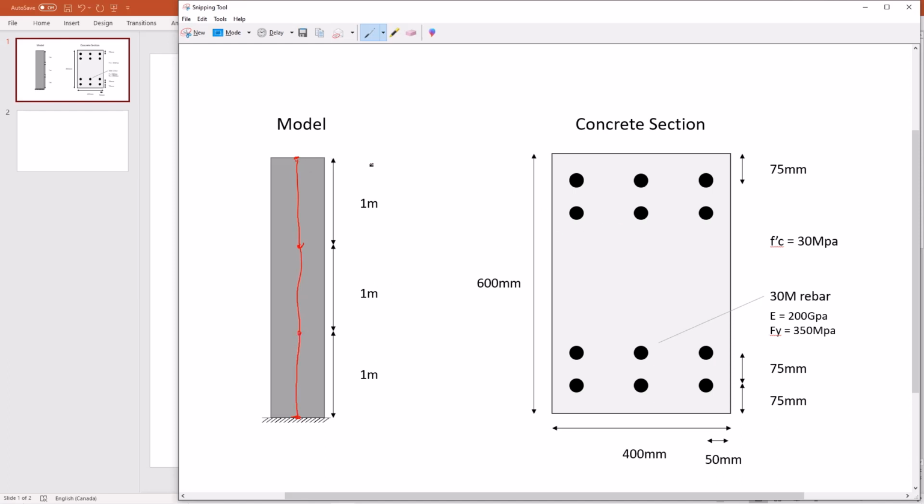Fiber beam column elements are a distributed plasticity nonlinear element. So what this means is, in theory, nonlinearity can occur at any point along the element instead of just the ends. So in a lumped plasticity element, you could only have nonlinearity at the ends. And the way that this works is along this element. So if we think of this as our element going from node 1 to node 2,